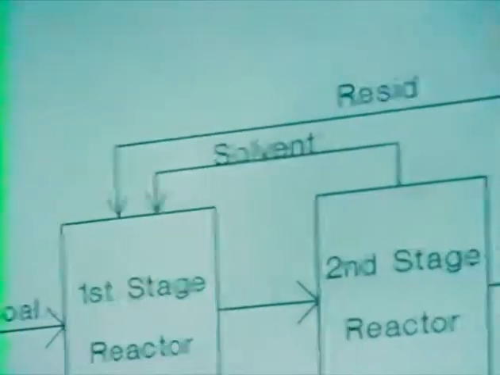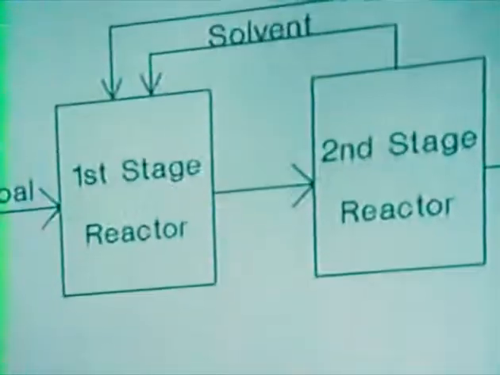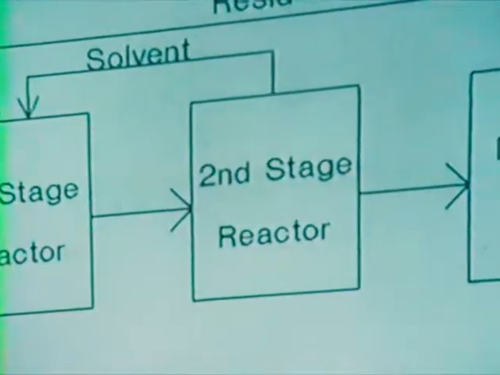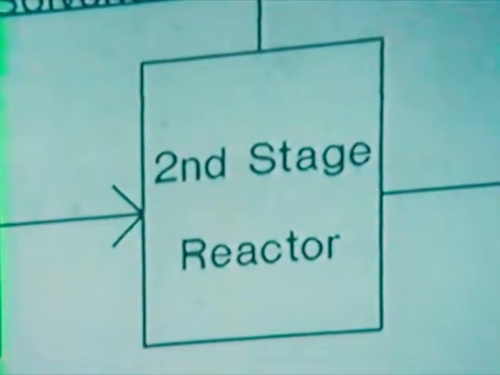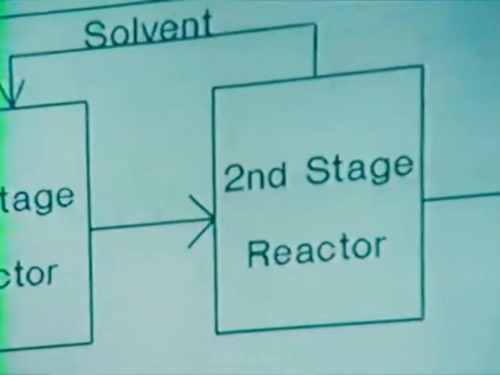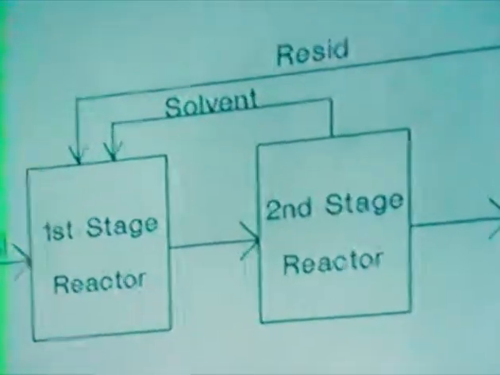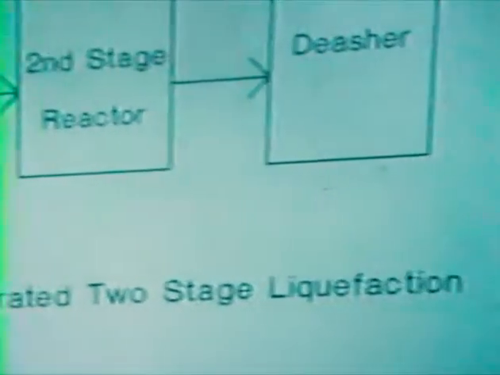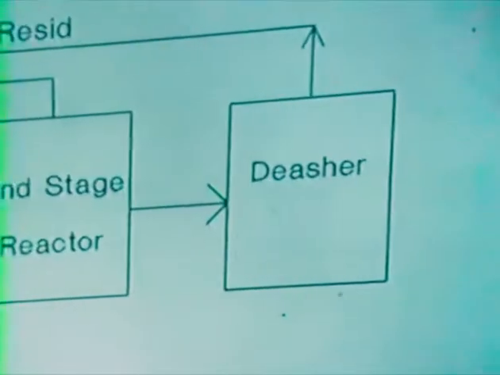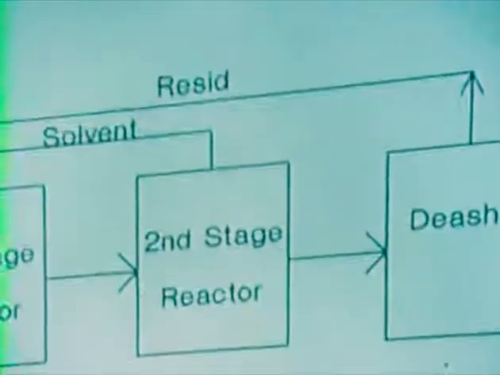The products from that reactor then are passed directly to the second stage reactor in this configuration with no pressure letdown. And the conditions here are a little bit higher temperature and higher pressure. And this is where they consider the hydrotreating reactions to be occurring, and those include such things as hydrodesulfurization, hydrodenitrogenation, deoxygenation, cracking, hydrogenation, that type of thing. The reactors themselves are an ebullated bed type reactor,